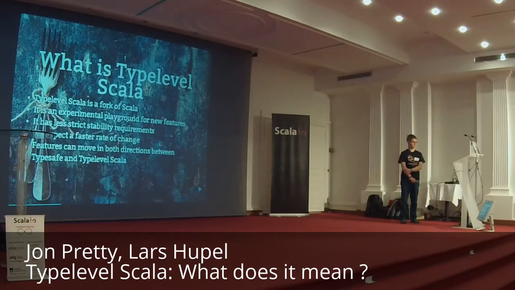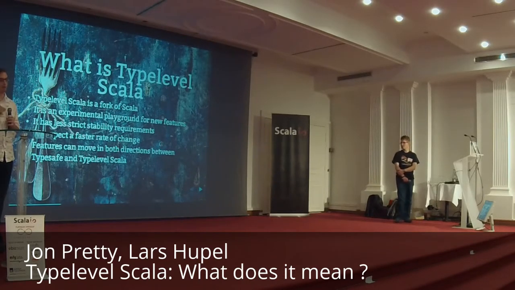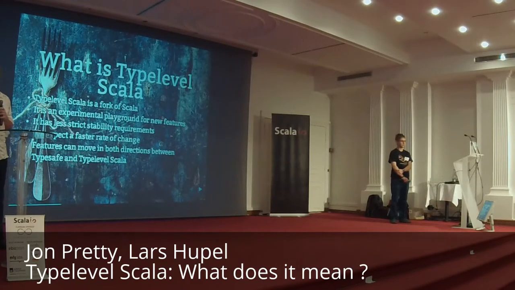There's a few ideas on the table at the moment. And in the long term, what I hope is that features will be able to move from Typelevel Scala to Typesafe Scala, so from our fork to the version of Scala you're familiar with, and back again. So when Typesafe introduce new features to mainline Scala, we will pull those in. We will remain merge compatible with Typesafe Scala. But also, if we have a feature that we've implemented that works and works demonstrably in Typelevel Scala, that's probably a good candidate to move into Typesafe Scala if it fits with stability and the robustness guarantees that Typesafe Scala